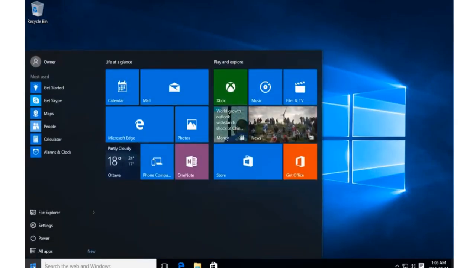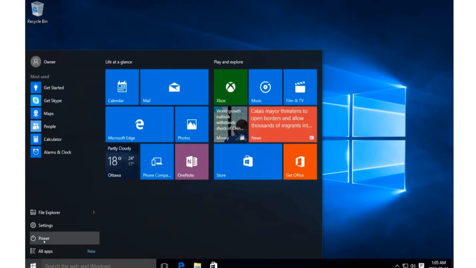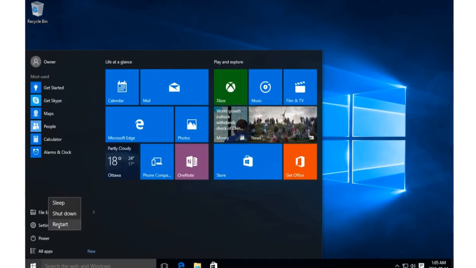Now we are going to see the steps for shutting down the PC. Click on the Start or the Windows sign button on the screen of the monitor. It is on the left corner of the screen. Select the power button. It shows three options: restart, shutdown, sleep. Among these three options, select the shutdown option.